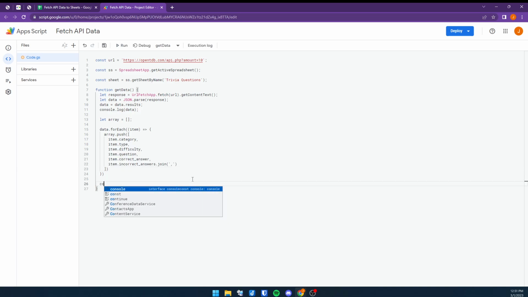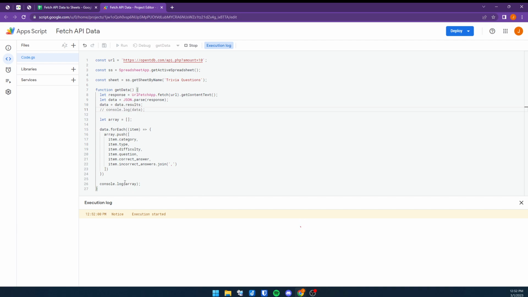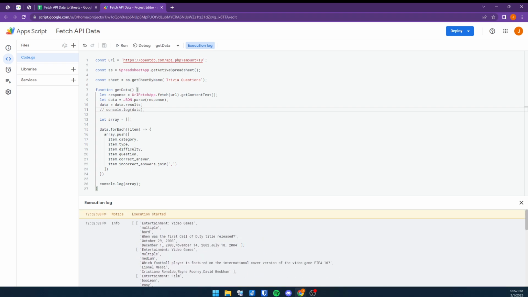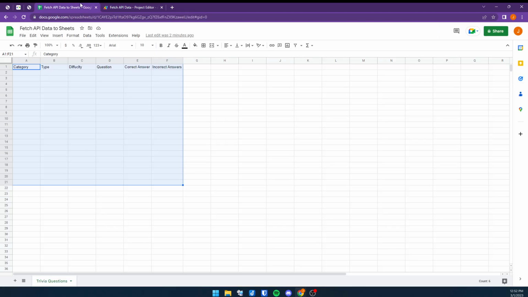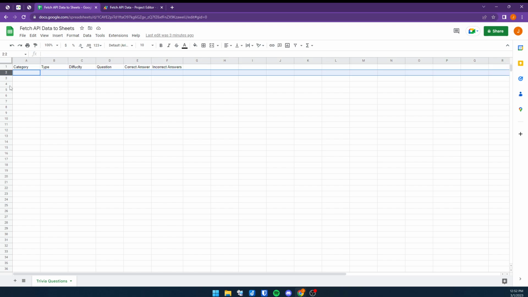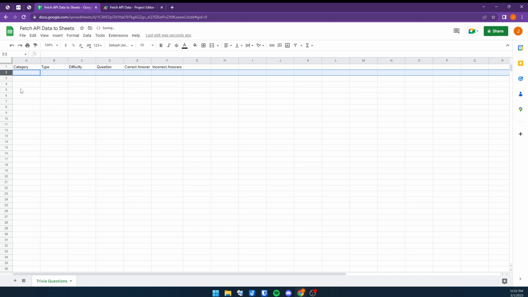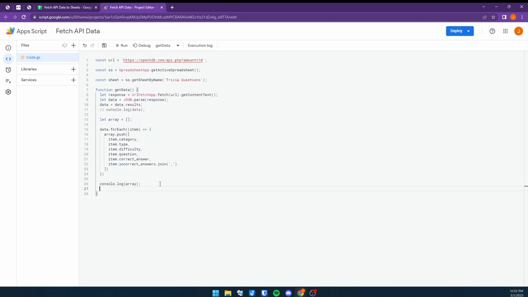And with that, we can check the response. I'm going to comment out the console log up here, just so we don't get confused. And now we can see that they're all in an array and also in their own individual arrays. So with that, what we want to do is append the batch of items, or the array itself, under the last item. So if I had a trivia question here, I'm going to want to go to row 3 and not replace row 2. So to do so, I can do